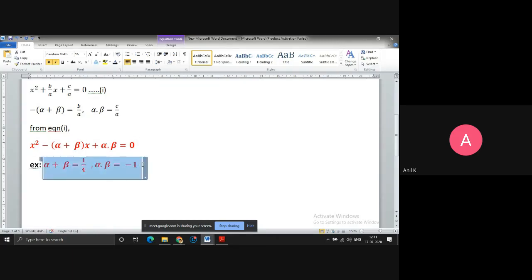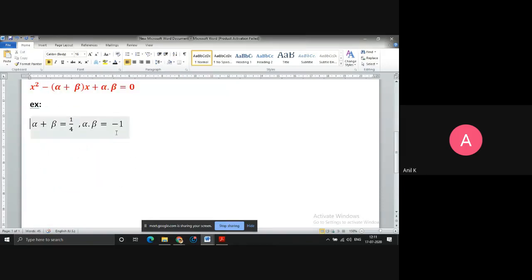Let me change the font color. Okay, this is what is given, right? The sum of the zeros and the product of the zeros are given to us. Now, therefore, the required quadratic equation, the required polynomial, is, if you want to copy the formula, you can copy it once here, but you practice writing the formula so that you won't make any mistake.